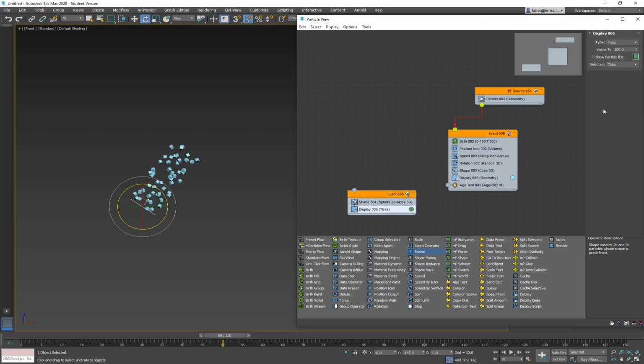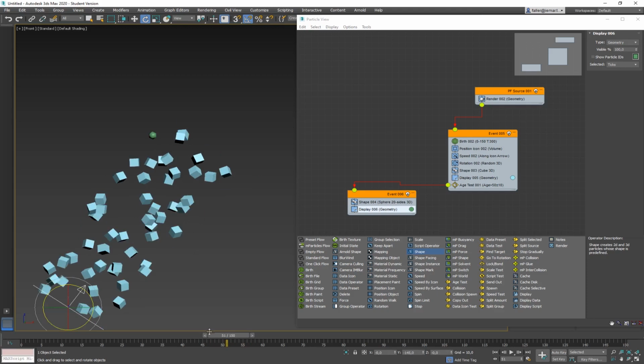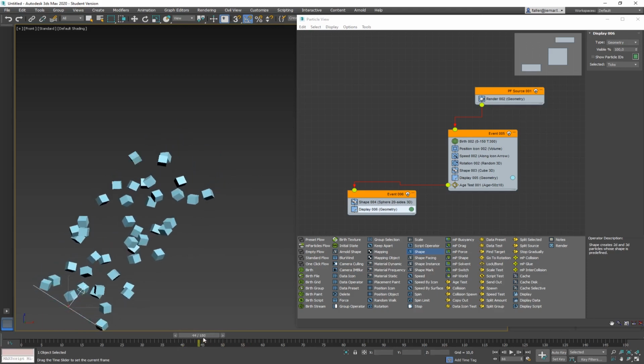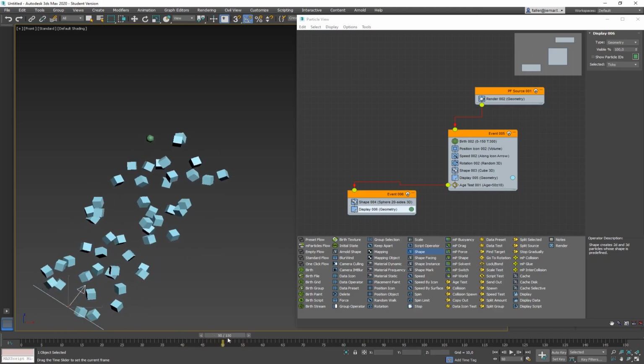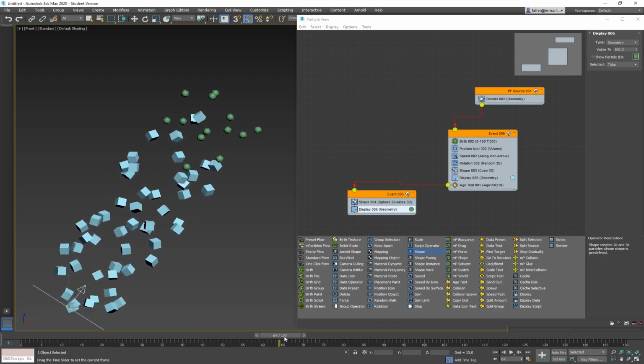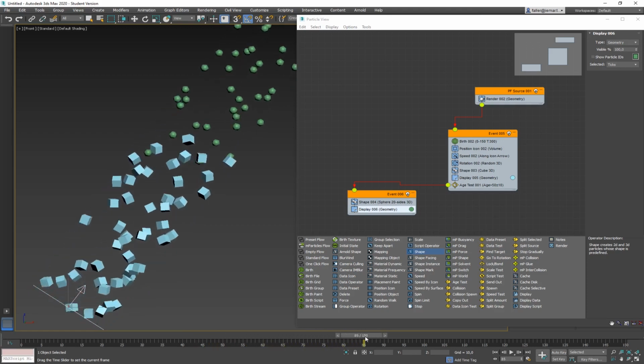Also display geometry. So we see on screen, I don't have to render it all the time. Geometry. And there it is, going from age to this. So now when I move my time slider, you can notice that at a certain point somewhere around the age of 50, so it's a plus minus 10, or I think I have set it, so from 40 to 60, all the particles somehow change their color and their shape.